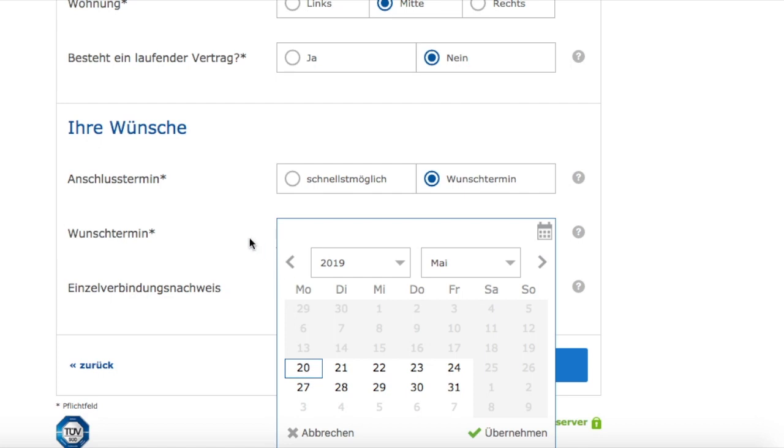Germany, especially if it's DSL, they often have like the company that you're getting the internet from, in this case O2, has to get back to the company that is owning the last mile, the actual phone line into my apartment. And because they need to coordinate and need to get back and find a date where their technician comes, it always takes like 3 weeks that this can be realized. So yeah, that's something we have to live with. Sometimes it can be quicker with cable. So you could maybe try some cable contract and then go for schnellstmöglich. But yeah, usually can't with the 3 weeks. No, yeah, don't have the Wunschtermin, schnellstmöglich.